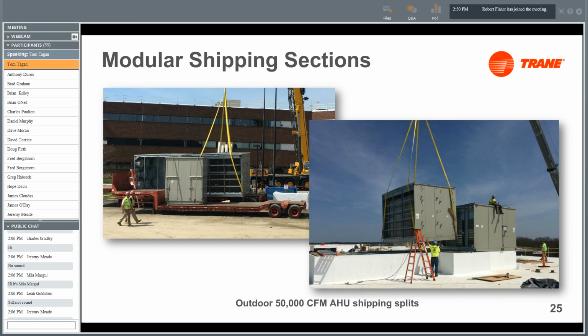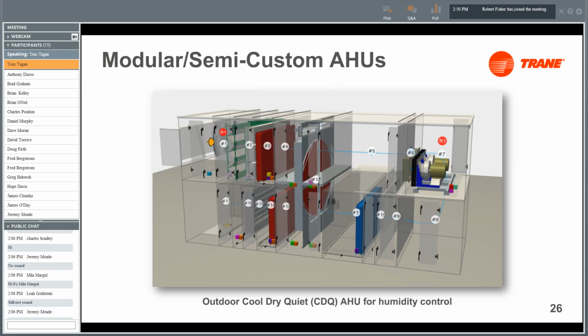So they come in these sections, and they land them on a curb, and then they get field assembled to build a final air handler assembly. And then another use of a modular semi-custom unit, so to show you how complex they can get, this is a stacked unit. It handles 100% outdoor air, and this is a unit that's used for humidification and dehumidification control